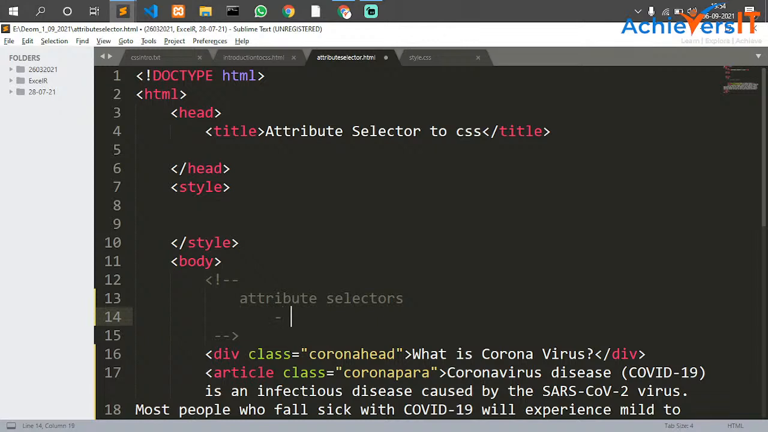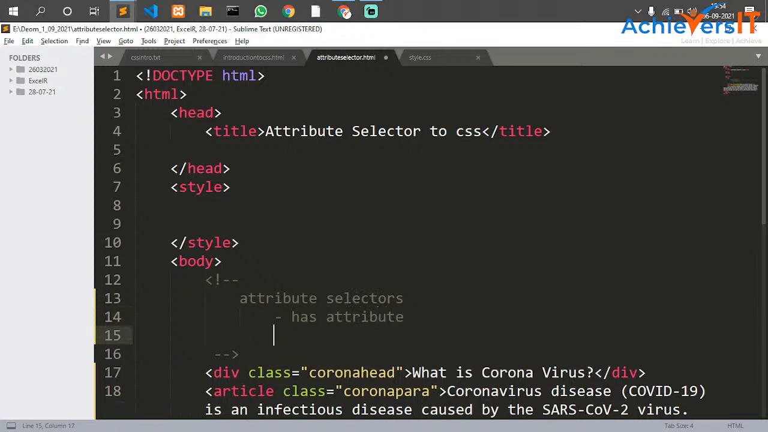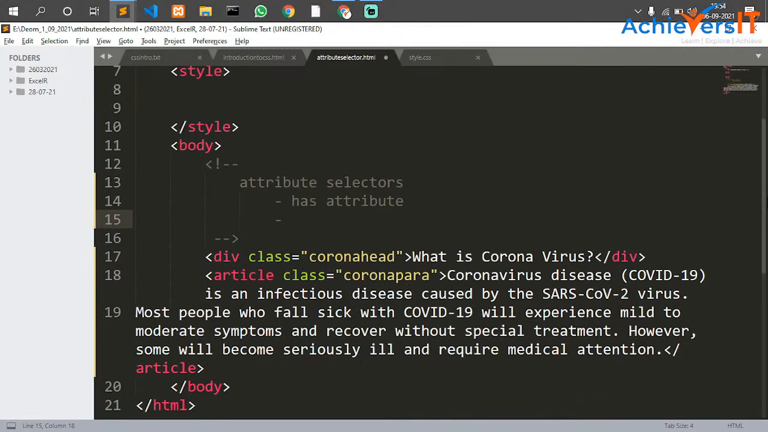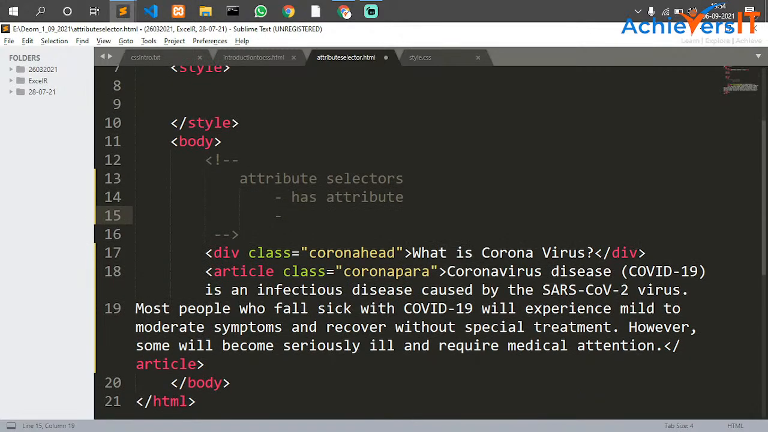We have a has attribute. There are a few more attributes, but we are going to talk only about those which are mostly used, and not the rest of the things which no one is going to use. Those which are used often, that only we are going to discuss. Attr, attribute value equals to,